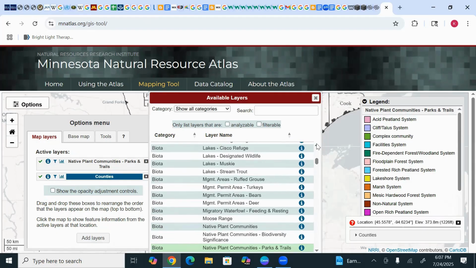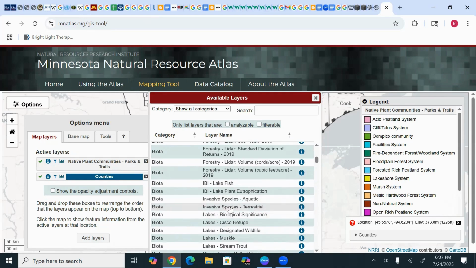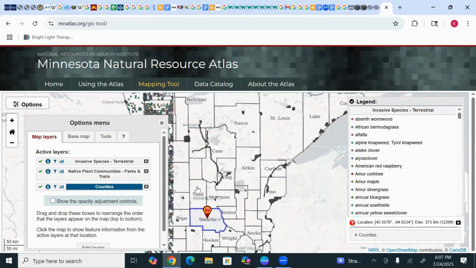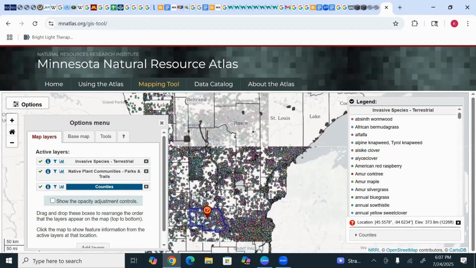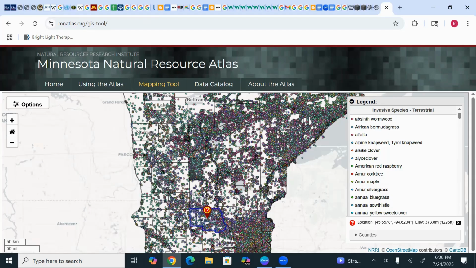And I was also working with invasive species terrestrial, so I will highlight those layers for the map. Then we just close out, and you can kind of see this is the entirety of Minnesota. And this is an example. A lot of folks have GIS systems, and it's great because you can see the invasive species here: